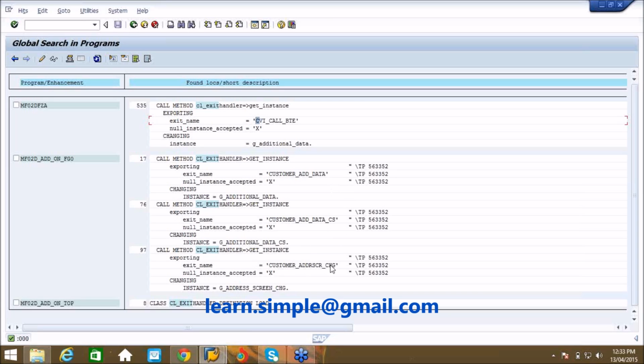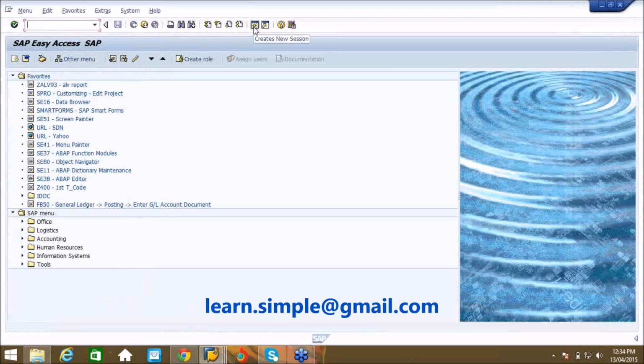So these are all BAdI definitions. How can we see these BAdI definitions? What we discussed, BAdI definitions, you can look in a transaction called SE18. So how can we look into it? We'll go to a new session and open the SE18 transaction.